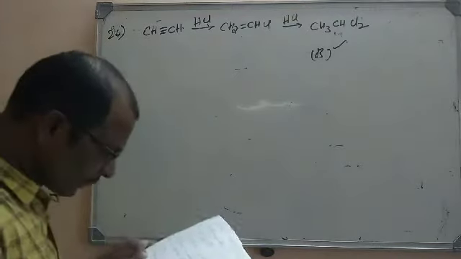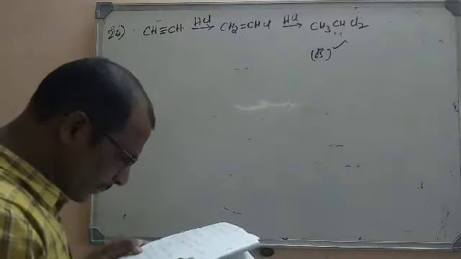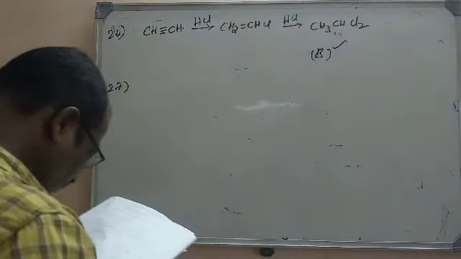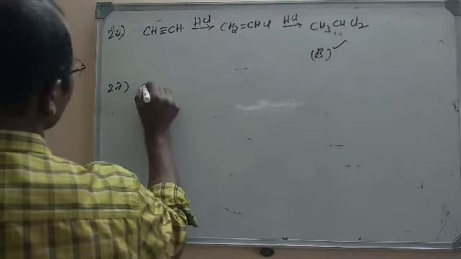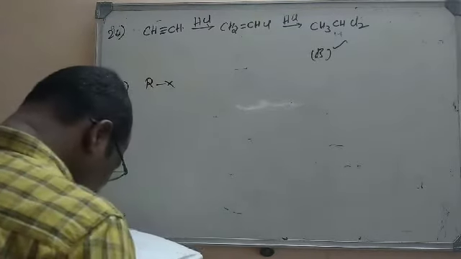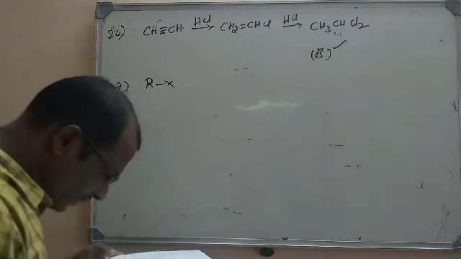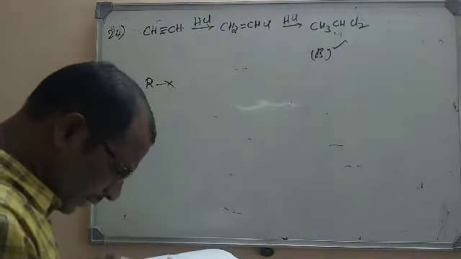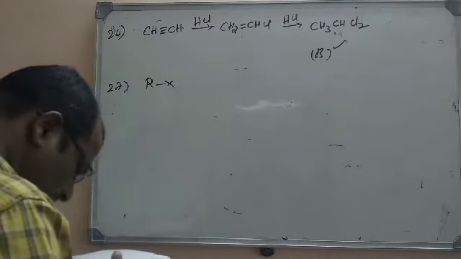Now let us move to the next question. Preparation of alkyl halide in laboratory is least preferred by which method? So here some methods of preparation of alkyl halides are given. By which method is it least preferred here? So fluoride exchange, direct halogenation, next one is treatment with alcohols, addition of hydrogen halides.